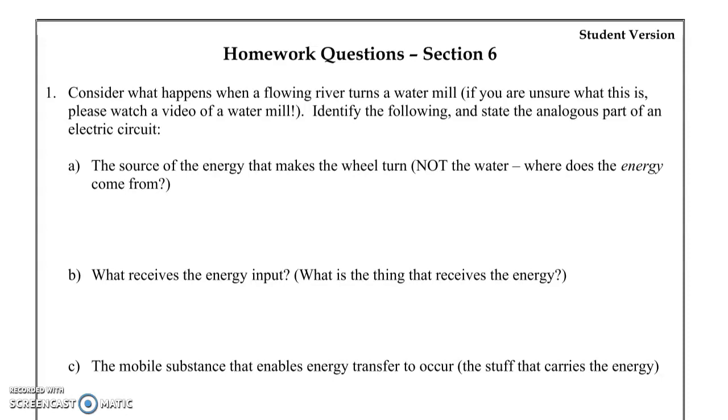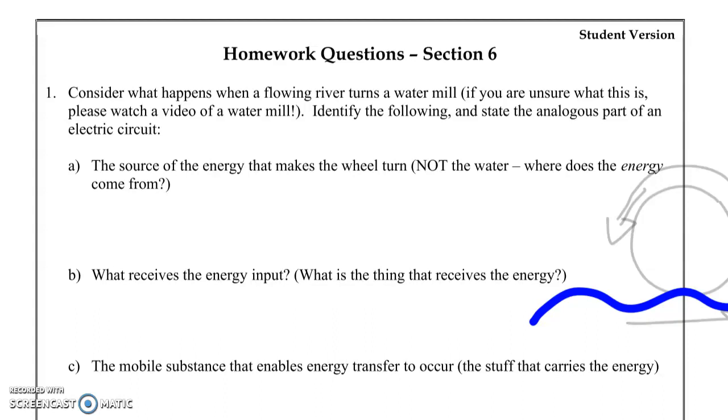Question number 1, consider what happens when a flowing river turns a water mill. If you haven't seen it, basically we've got a wheel, and there's some water, and the water makes the wheel turn this way if the water's flowing this way, which is how I imagined it. Okay, so the water turns the wheel. Nothing too complicated. The source of the energy is probably something that you guys